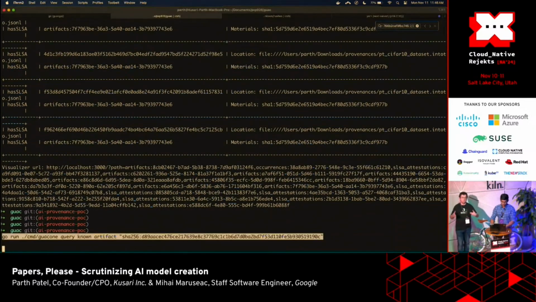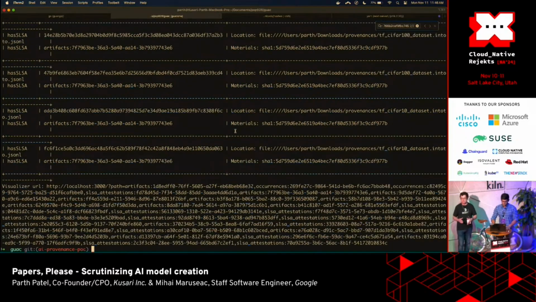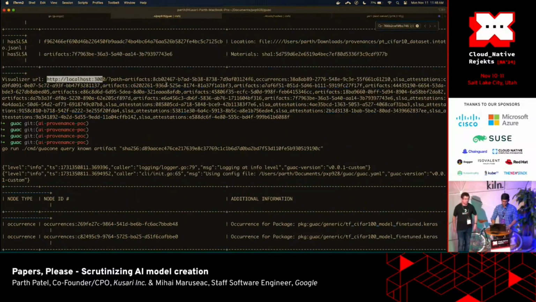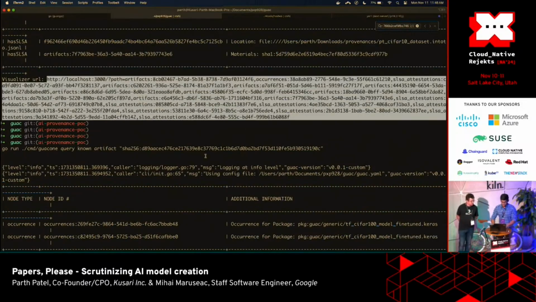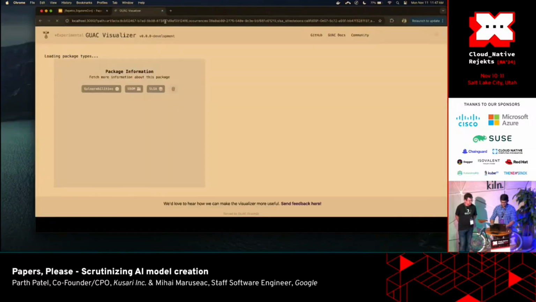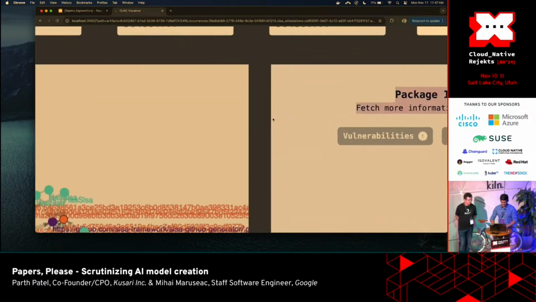Now let's run the second demo, where we are looking at the model in production, and we want to see the entire graph of dependencies from the first data set to any fine-tuned model, and so on until the end of the model. And I forgot to show this off. We do have our visualizer running here, and it zoomed out, which is not good. So zoom in a little bit.